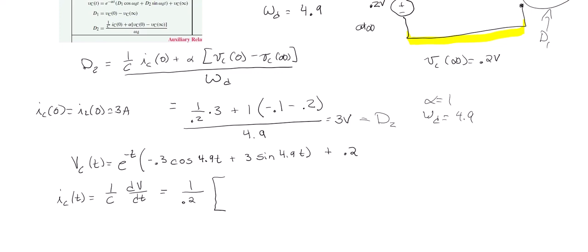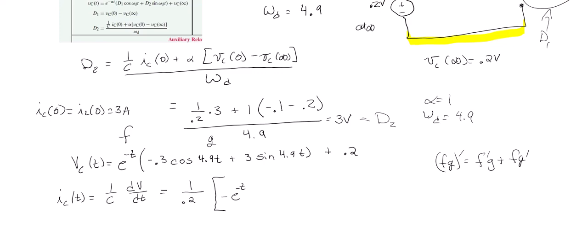So the product rule, if I say e to the minus t is my first function, and my second function is all this over here, if you remember the product rule, derivative of fg is f prime g plus fg prime. So the derivative of e to the minus t is e to the minus t times minus 1 from